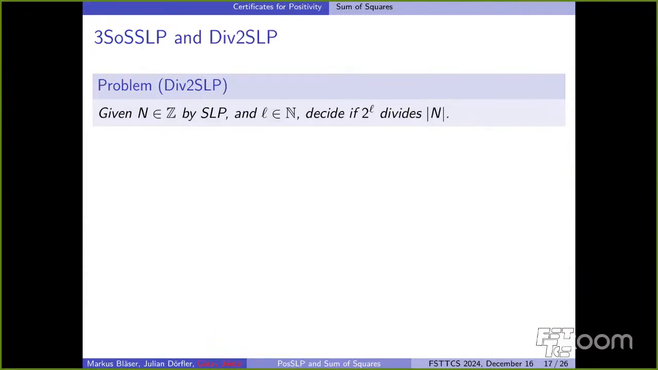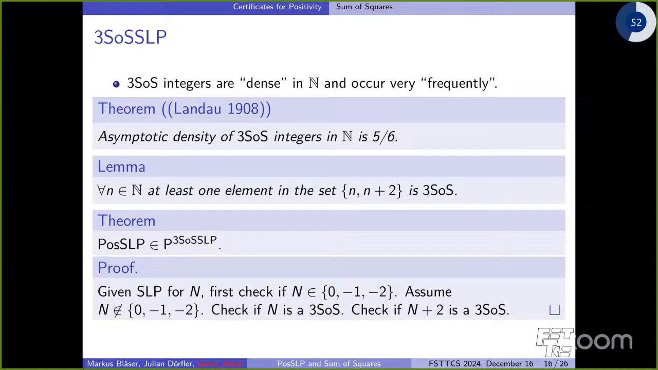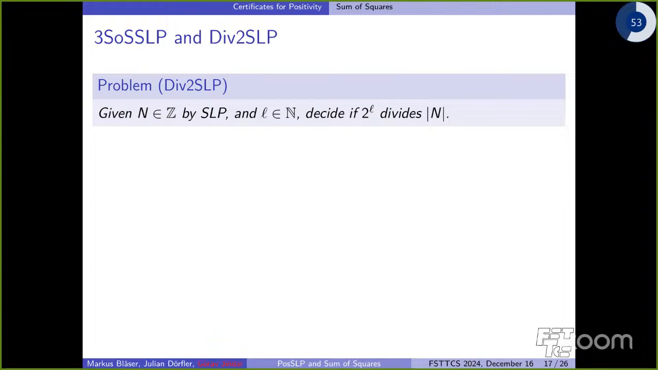Right. Now, I want to somehow relate this problem 3 SOSLP in the other way. So we saw that under oracle reductions, 3 SOSLP is as hard as PosSLP. I want to say something in the other direction now. For this, I need to introduce this problem, which is quite similar to DEG SLP. So here